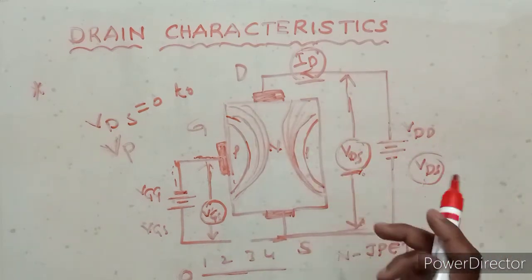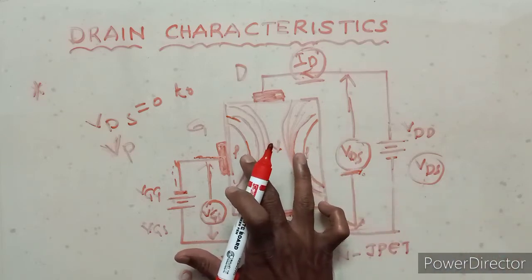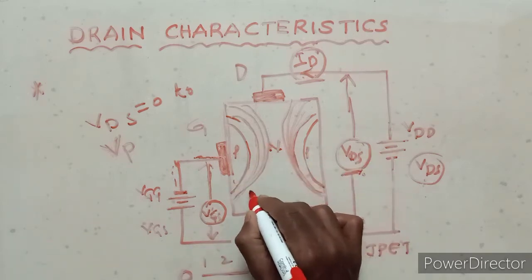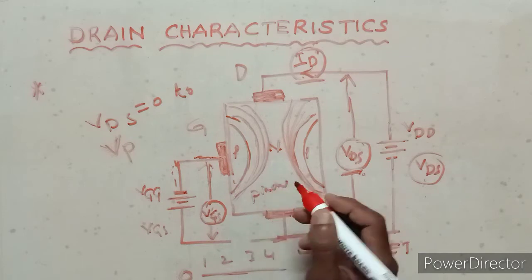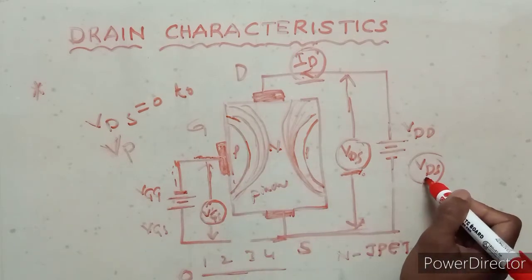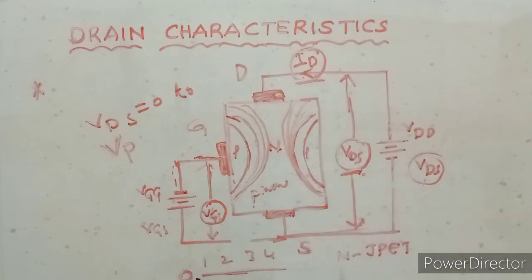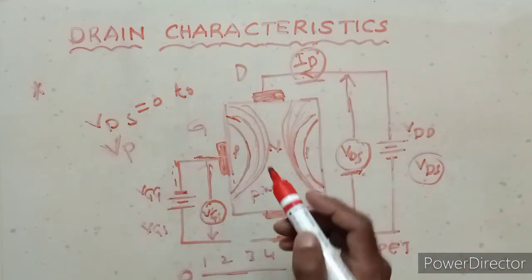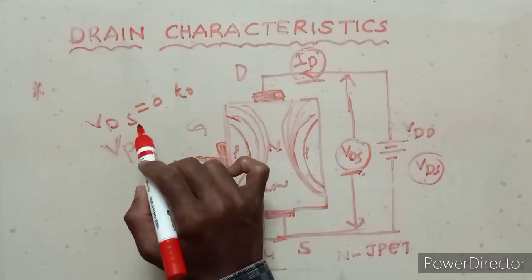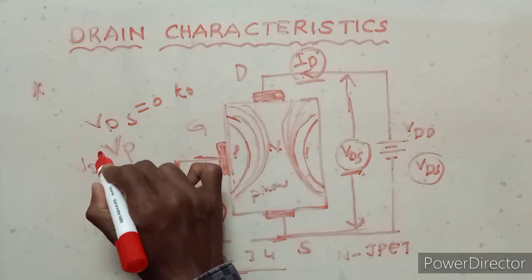So if VDS increases, the depletion layer also increases, and here the voltage is pinched off, that is the VP. So in this region, as VDS increases, ID increases, and VDS goes from 0 to 1, 2, 3 and 4 and so on, until VDS equals VP,